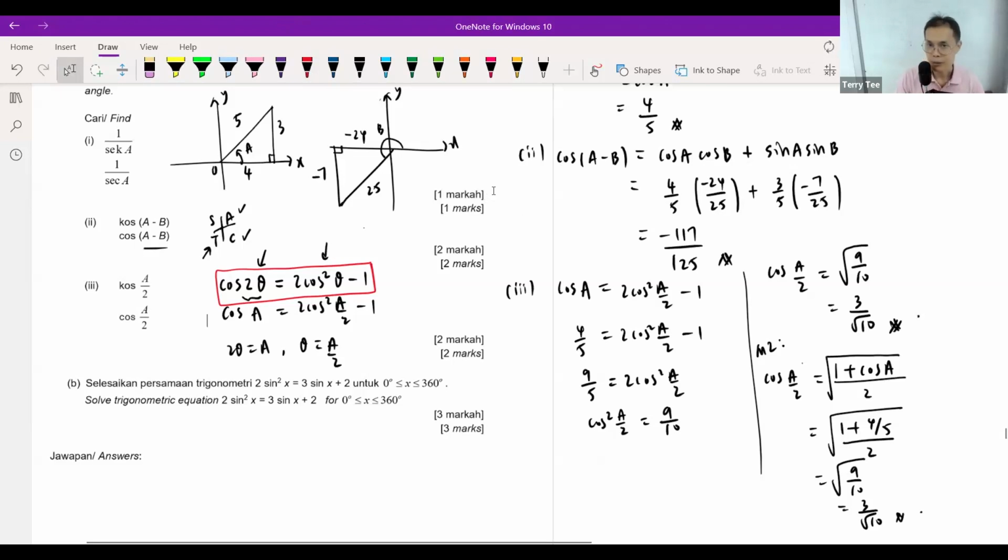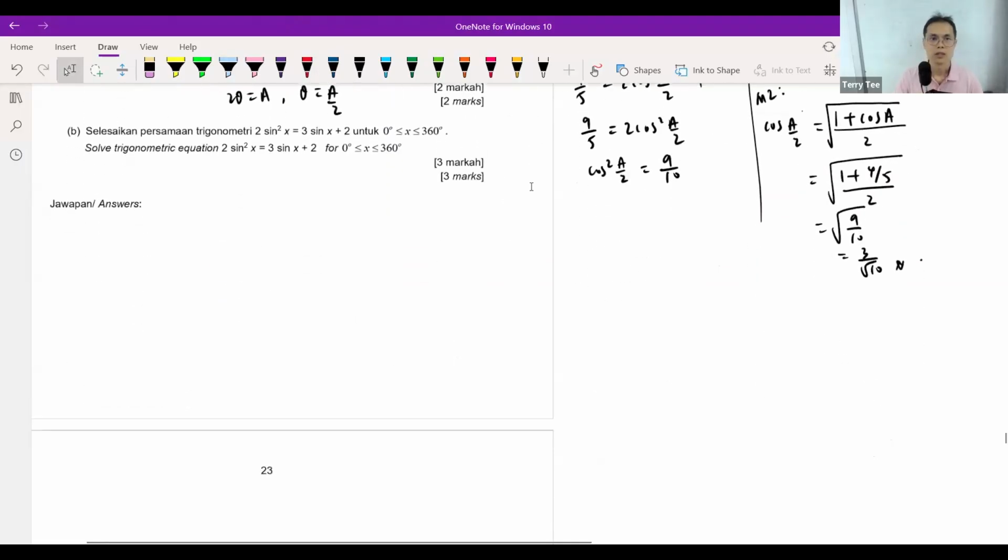All right, we're not done yet. We still got part B. This is only part A, Roman 3. Now, moving on to part B, I'm going to do it below here. You're supposed to solve this trigo equation. This one you have to factorize. So let's bring